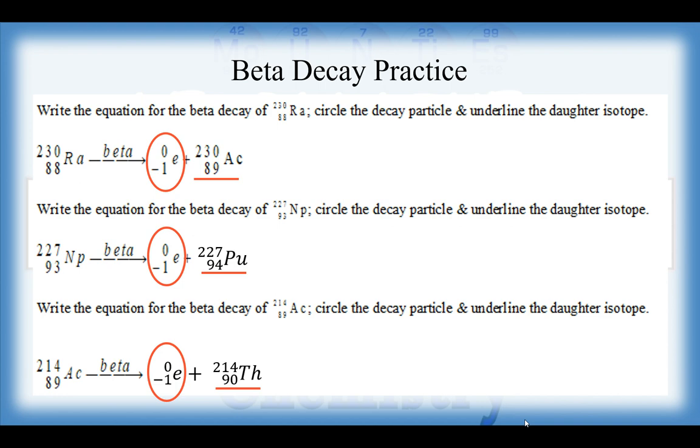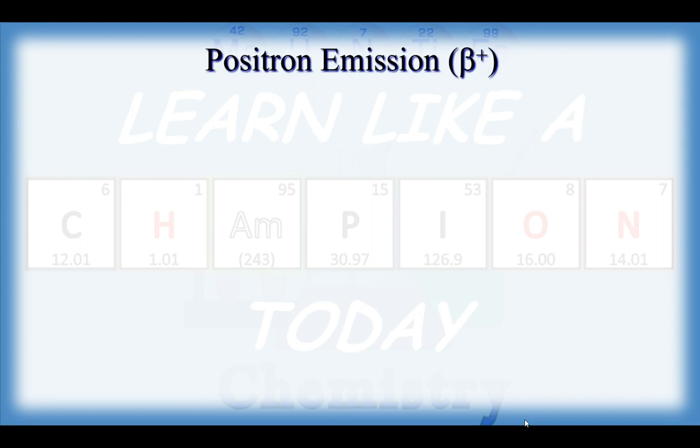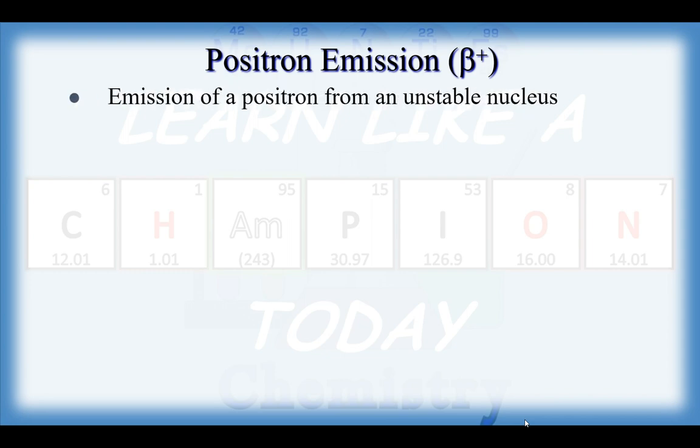Beyond these guided practice problems in your notes, you have some independent practice that you can continue working on to give yourself some extra practice with both the alpha and the beta decay types. Now, those other three types, again, we're just going to touch upon, and then we'll do a little review here in the video. But positron emission, the symbol for that is beta plus, and that's because a positron is essentially